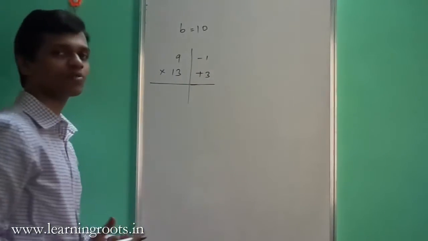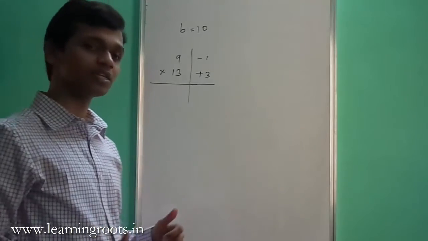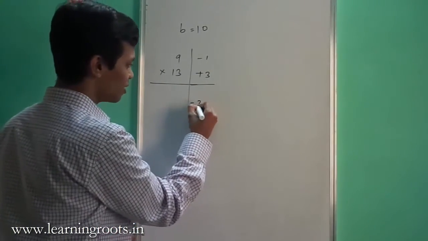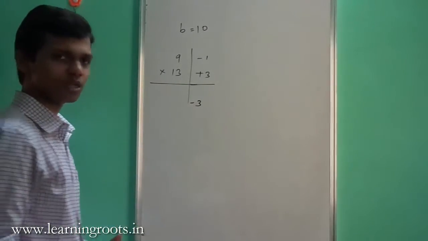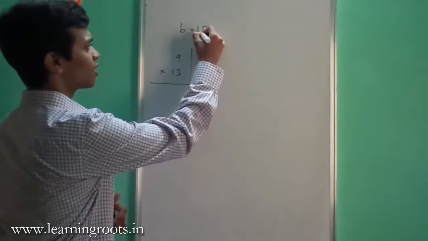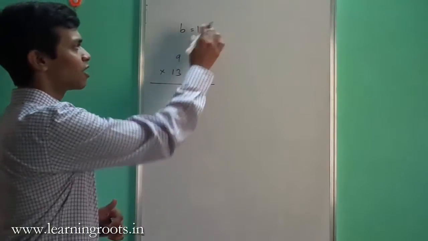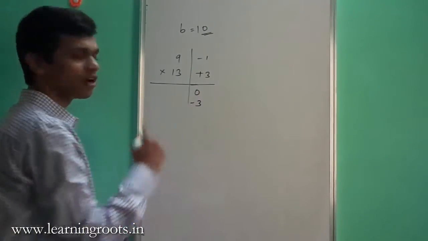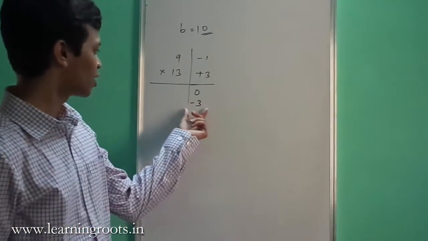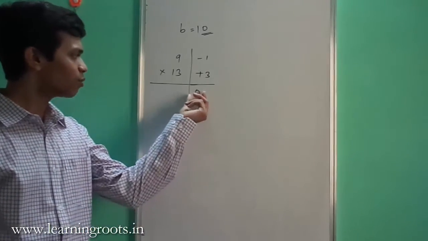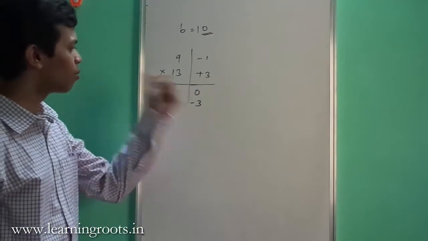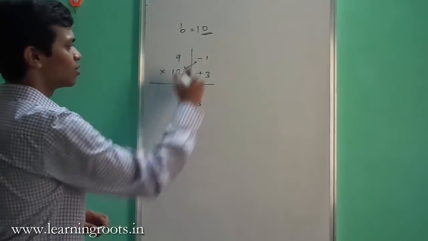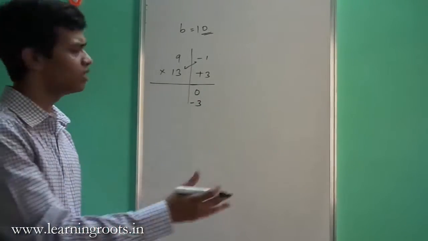So what is minus 1 into plus 3? That is minus 3. Now you need to be careful with signs. So what I'll do is I'll write minus 3. Now what was our rule? That after partition you can have as many digits as the number of zeros in your base. So since your base is 10, you need to have only one digit and you are getting minus 3. So I'll put a 0 above that particular number. So I'll write a 0 and then do the normal summation that I do for any such case.